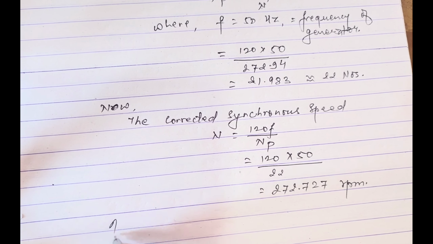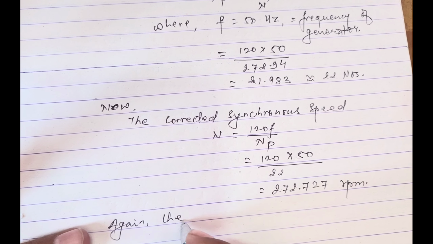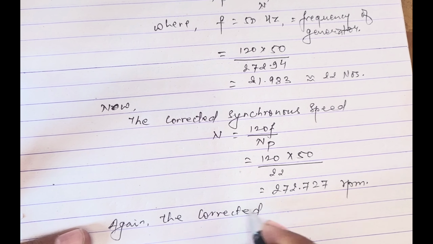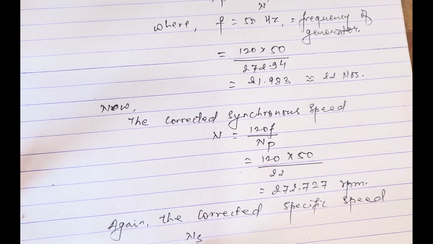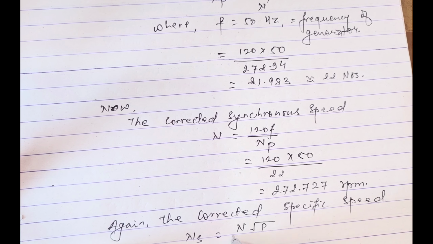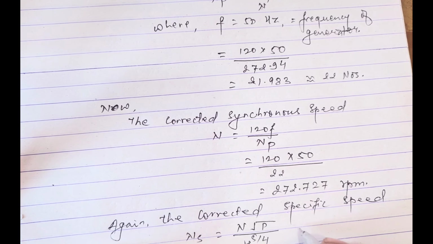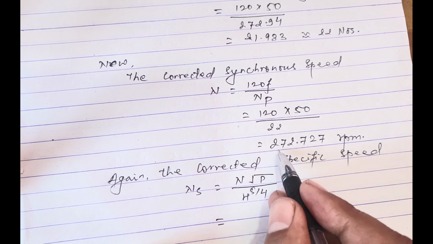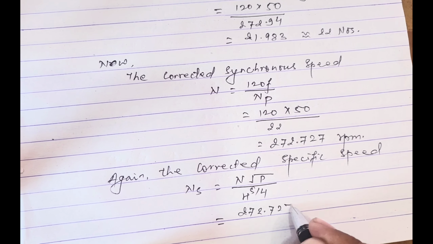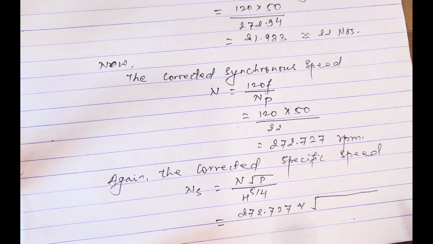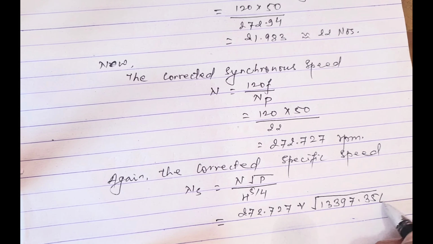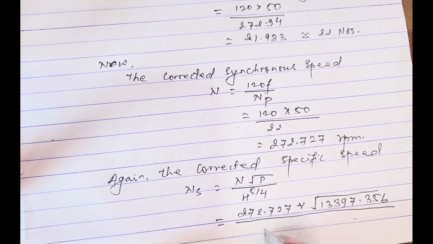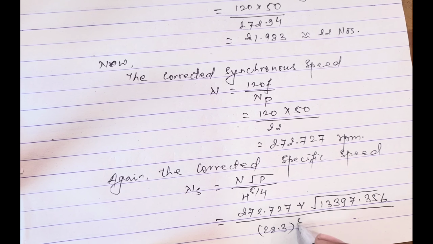Again the corrected specific speed. Speed Ns equals N root over P divided by H power 5 by 4 equals, the value of N is the already corrected value, 272.727 into root over P, where P is in HP, 13397.356, divided by the value of H, 28.3 power 5 by 4. On solving this, corrected Ns equals